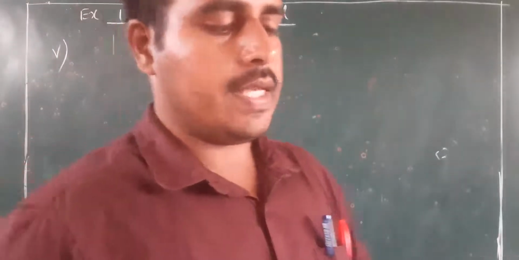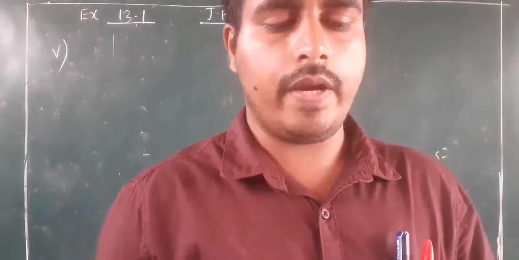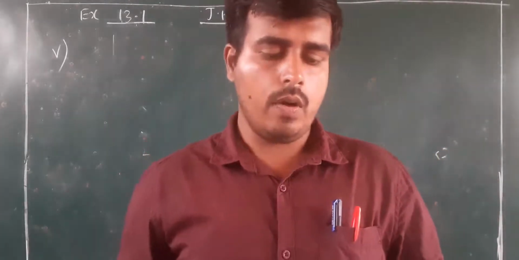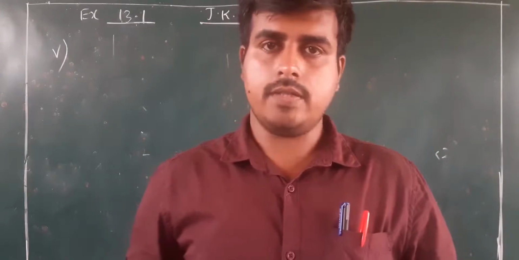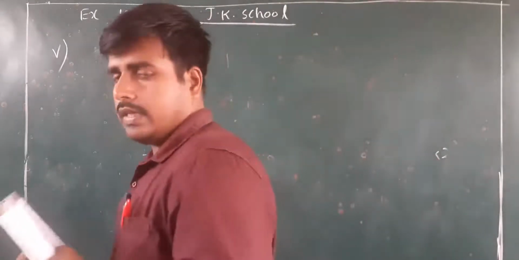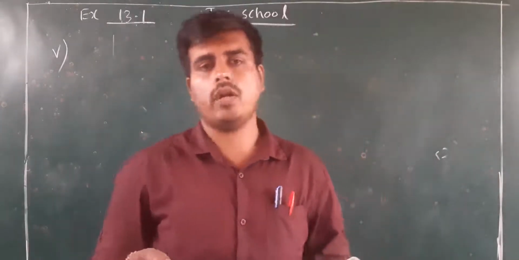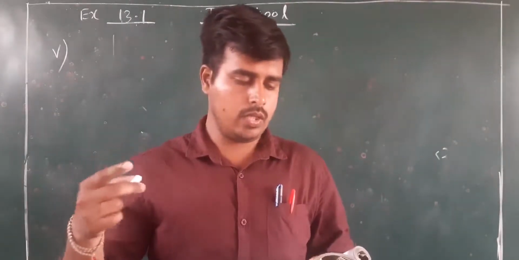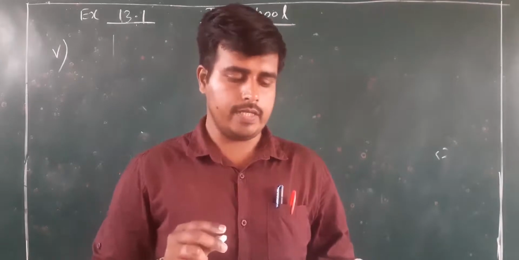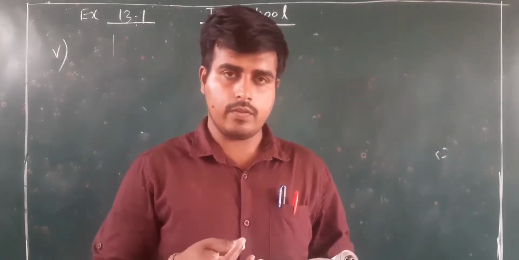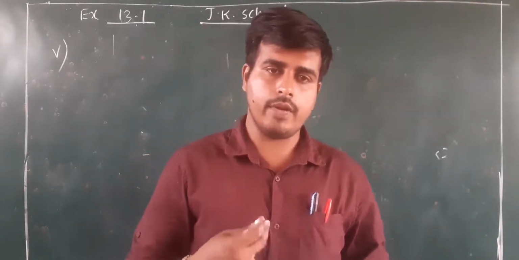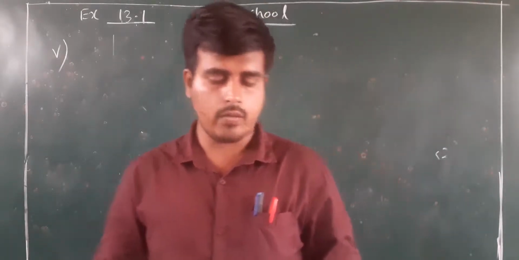In fifth main, what you have to do? Express each of the following as a product of powers of their prime factors. You have to express the given number in the form of exponents. It is very similar to the third main. What you did in third main, you did a prime factorization and wrote the given number in the form of exponents. But in the case of fifth main, you will get different prime numbers, so it will be a kind of mixed type.